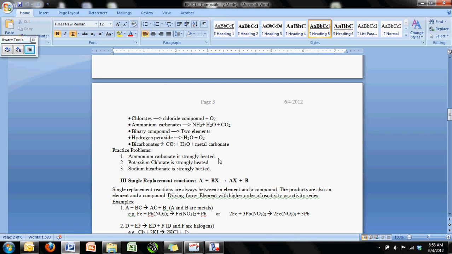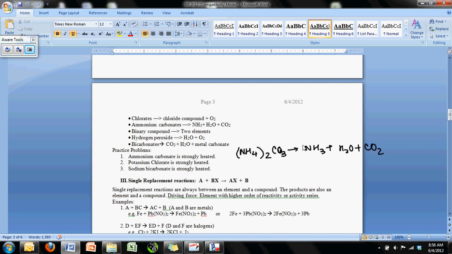Ammonium carbonate is strongly heated. Remember, before you can predict what will be formed, you must memorize these bullet points here. When ammonium carbonate dissociates, it forms ammonia, water, and carbon dioxide. So ammonium carbonate's formula, if you recall: the ammonium polyatomic ion has a +1 charge, and the carbonate polyatomic ion is CO3 with a 2- charge. So ammonium carbonate is (NH4)2CO3, and it is strongly heated to form ammonia, H2O, and